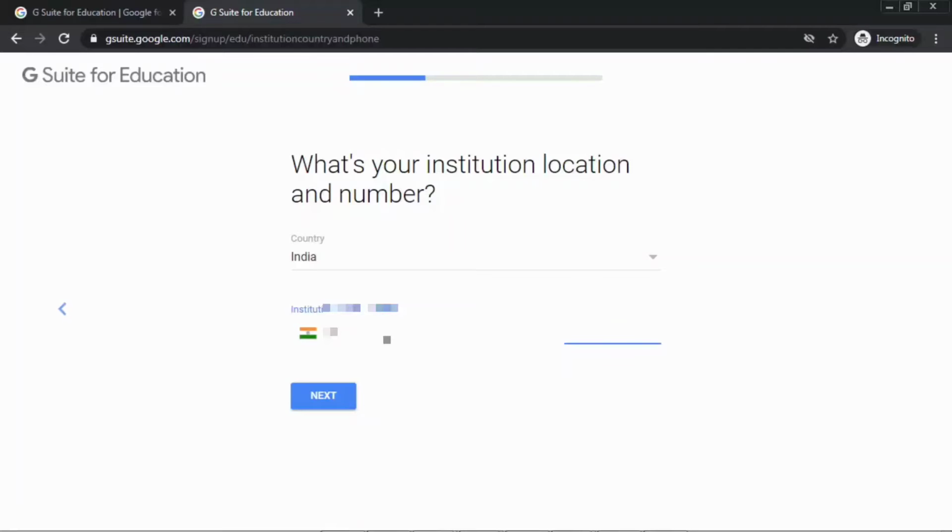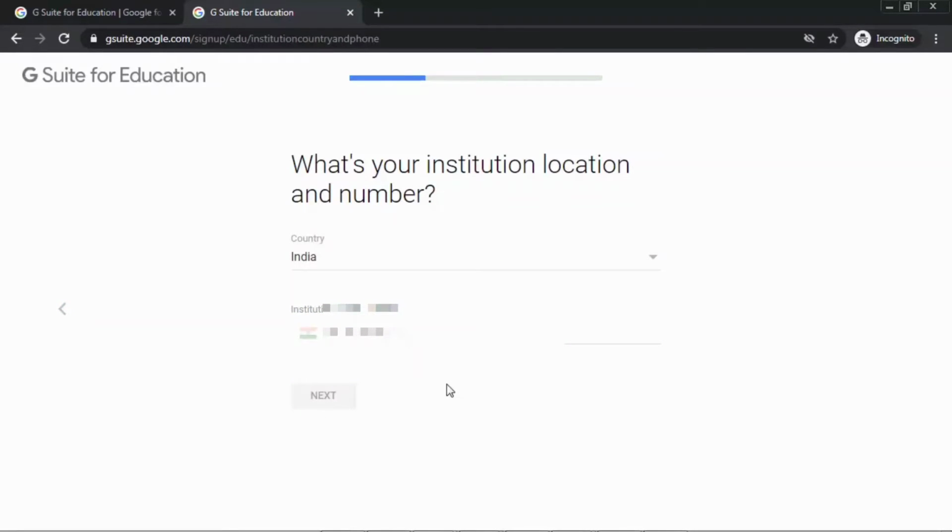I'm just hiding my mobile number here so that I don't get random calls, but you can email me. I will definitely reply to your email. Click on next after inputting your mobile number.